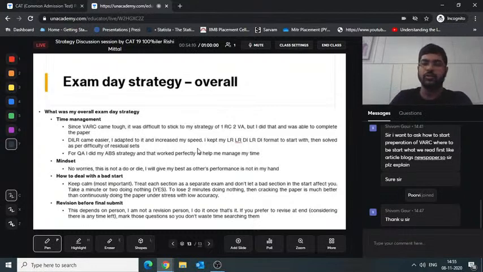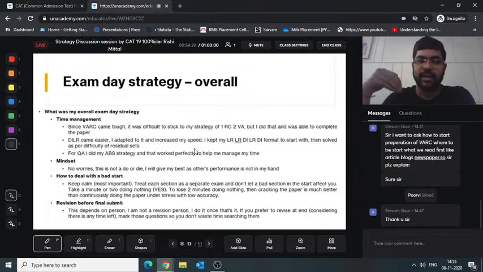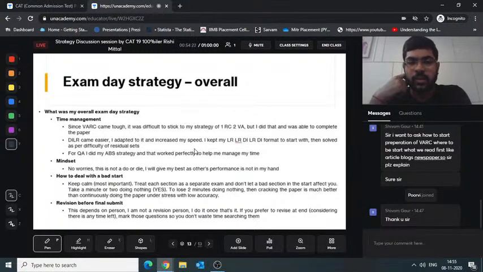For DLR, what you can also do is there are times when you have a particular set which you have worked on but you have not quite cracked it so far. You have made it to a certain extent but you have not cracked it. Mark it. So that again, you don't want to spend even a few seconds searching questions. That's utter waste of time. Let's not do that. Let's use the marking functionality to its maximum.